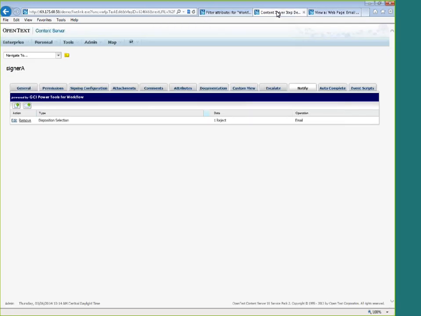Now, there are lots of benefits here. Having a step autocomplete as soon as a decision is reached means the process itself is going to be faster and people will be more productive. And sending out an email that's specific to the situation means people will pay more attention to the notifications. Configuring emails so they can include any kind of information and be sent to people who are not directly involved in the workflow means that everyone can stay informed. Our clients also use these notifications to let people know when a document's been approved or published, or even to get a heads up in advance of important work arriving.